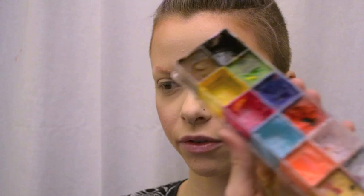For the base, I usually like to use the Flash palette. Now this is not the Makeup Forever one. This is a dupe that I found off eBay for $10, comparable to the Makeup Forever one, which is $100. And honestly, I can't even tell the difference. They're like the exact same. So I would really recommend going for the dupe. Yeah, save yourself some money. And so I usually use this for the base, and then I will go over it with